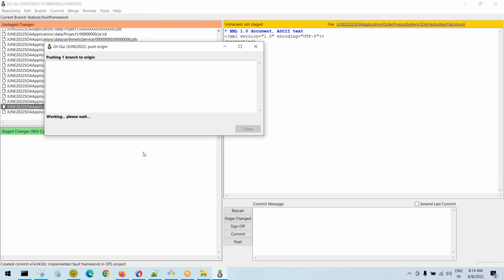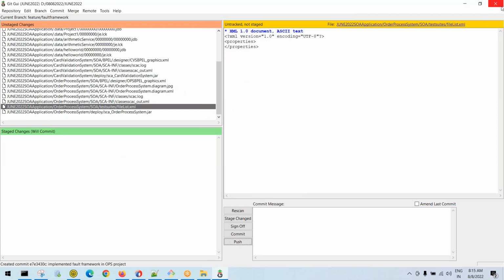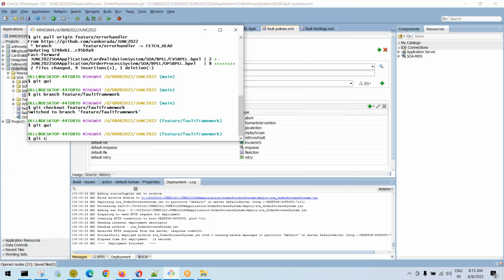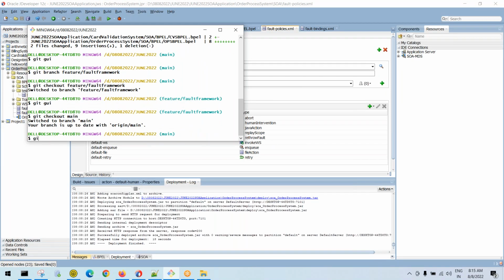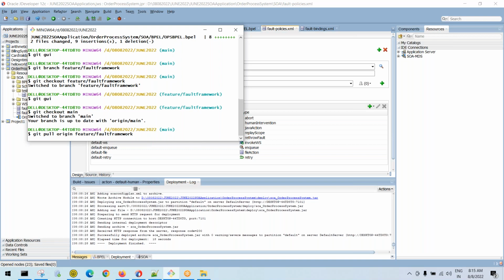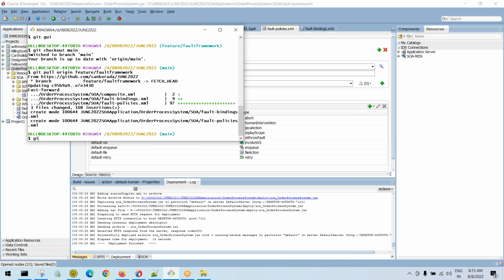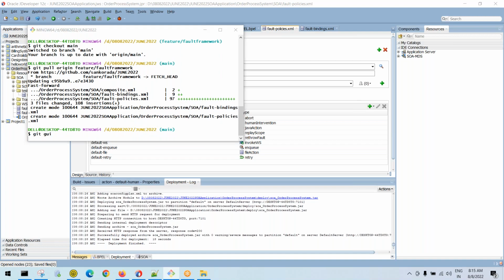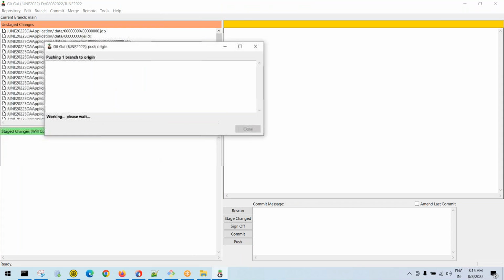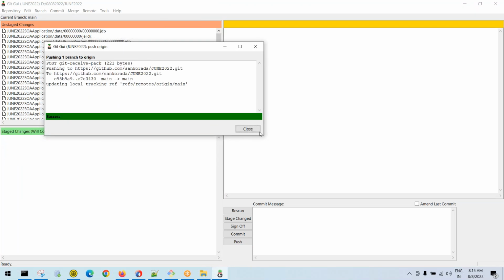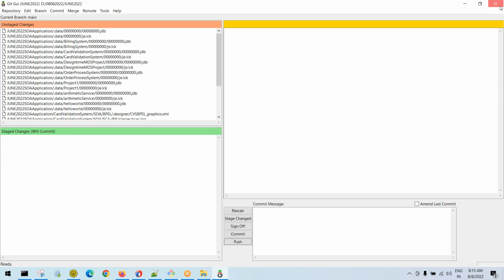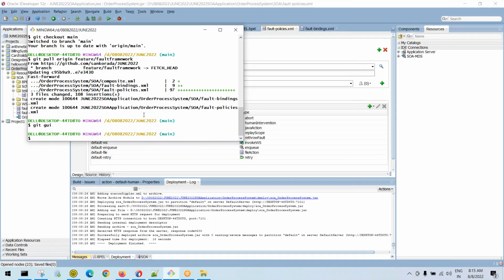Now I want to merge the code into the main branch. Let's go back here and git checkout main branch, git pull origin fault framework. Then commit the code. Push the code into the main branch. Done. So that's it, guys. The fault framework implementation is completed. Okay. Thank you. Let me know if you have any